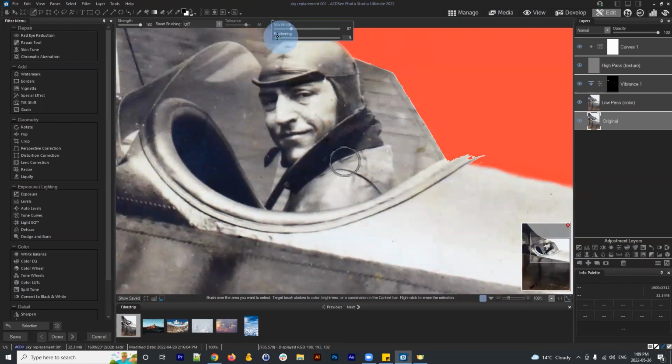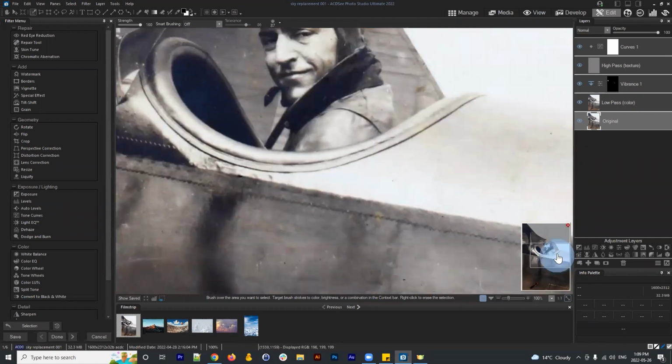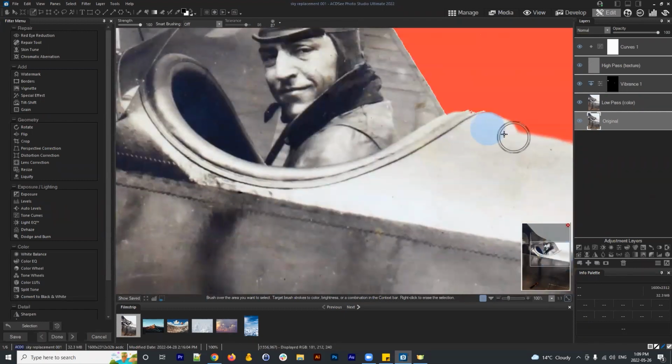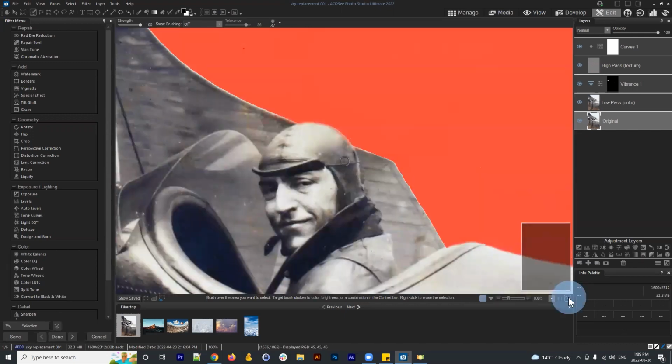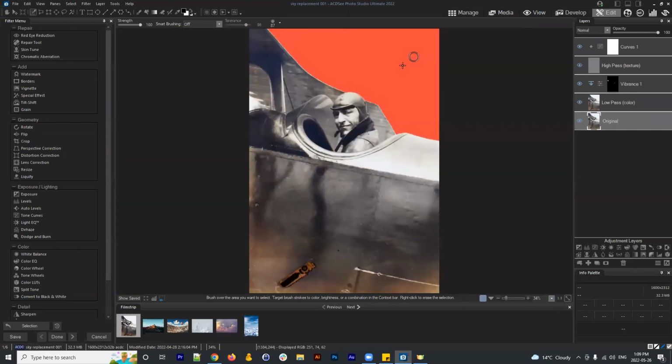I might actually lower the feathering even more. And I'm just going to click on there. And I just want to click like that. And this part doesn't have to be exact, just as close to it as we can get here. So now we have a selection of the top portion of our image, the section that represents the sky in